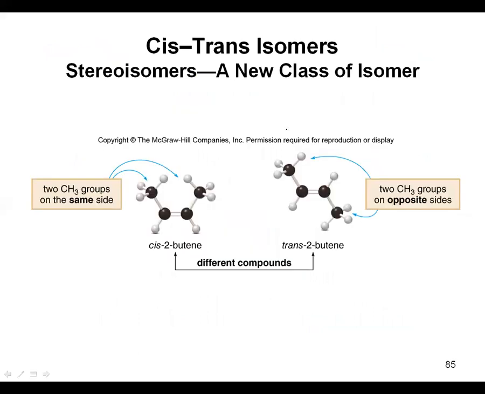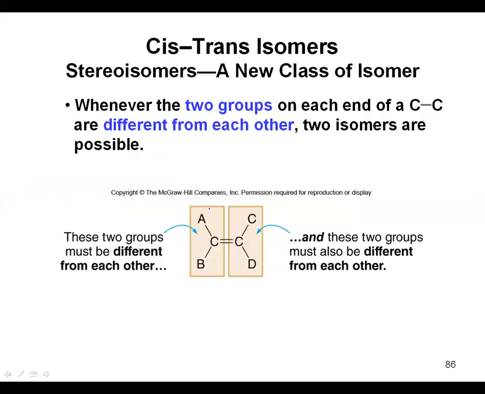So again, here's just some different conformations. Even for the same compound, you have the same name, and sometimes they will put trans in front or cis in front of the name to indicate basically the locations of those groups. So there are two things that have to occur for you to have the possibility of a cis or trans